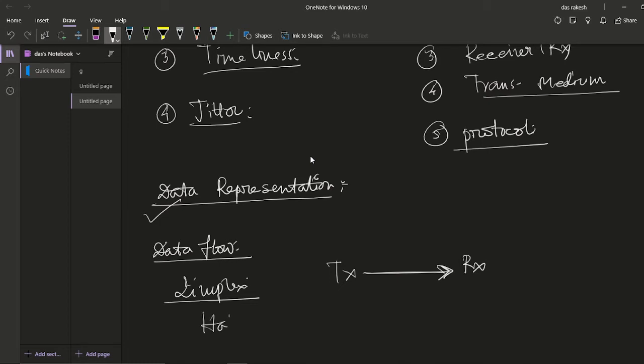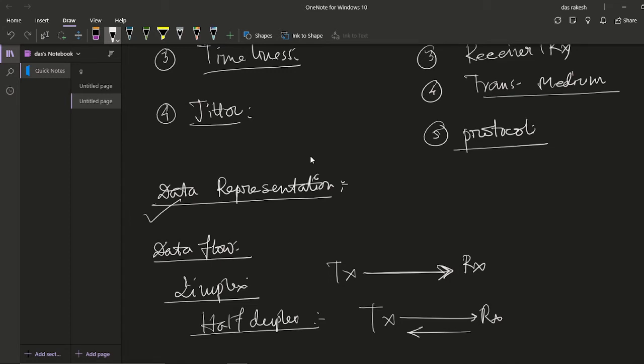Next is half duplex communication. Basically this is done by embedded systems or similar devices, which we will discuss in a later video. In the half duplex method, the TX sends data to the RX at a particular time, and then the RX sends data to the TX